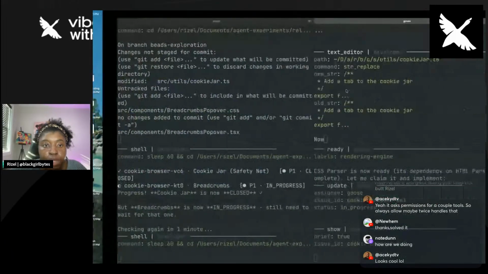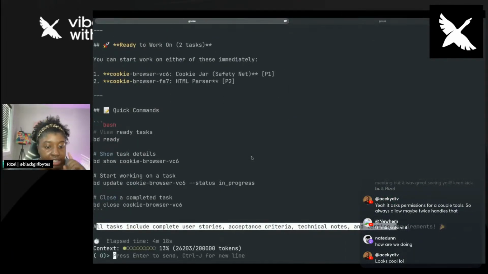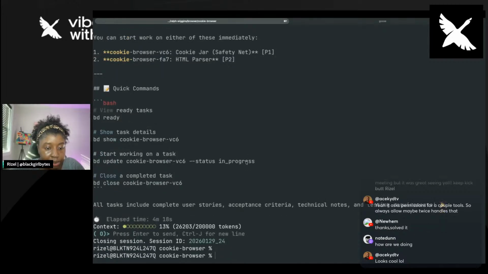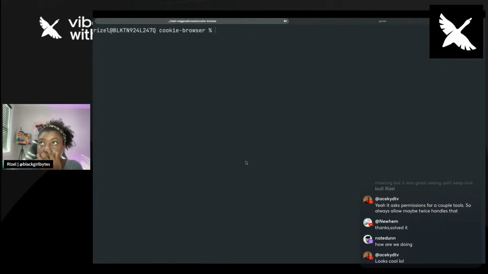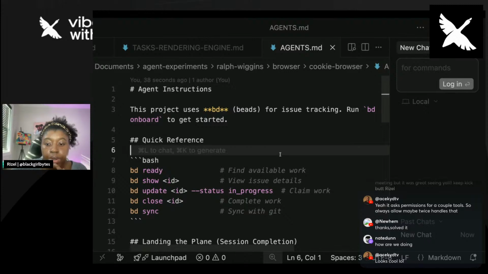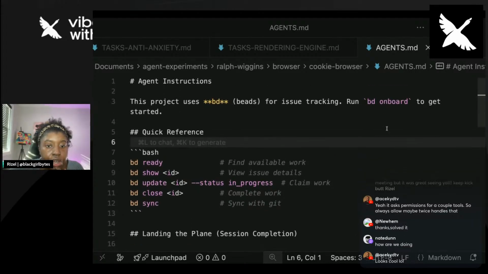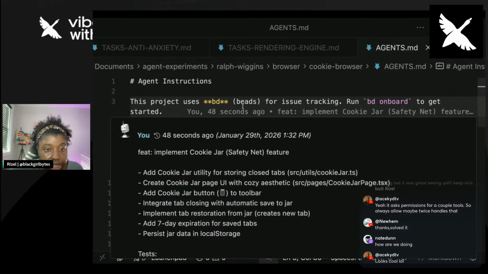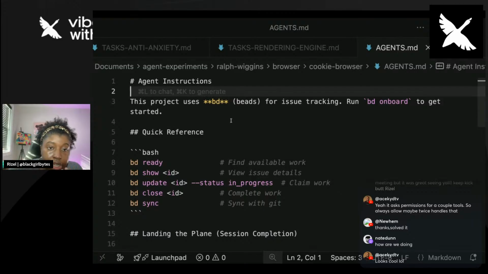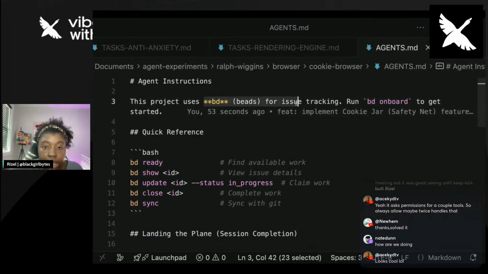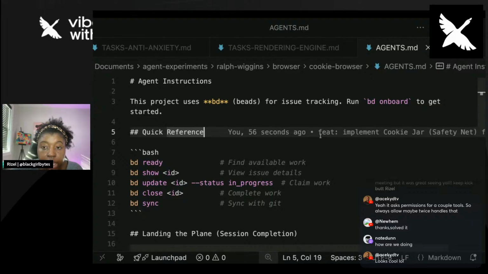Okay. So what was I going to show you guys? Oh, the agents.md. So let's get out of this Goose. Clear so I can read better. Open agents.md. Here we go. I thought this was interesting. Once I installed the MCP server and initialized Goose, I saw that there are these agent instructions. I didn't get to read them yet, so I think it would be interesting for us to look at it. It basically tells us it uses BD beads for issue tracking, and you would run BD onboard to